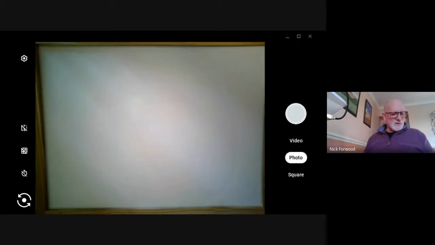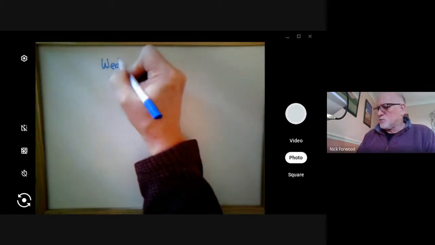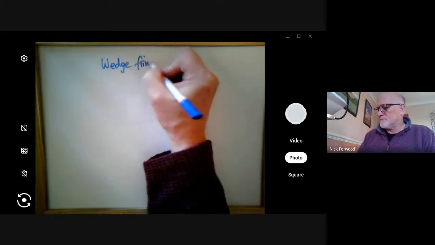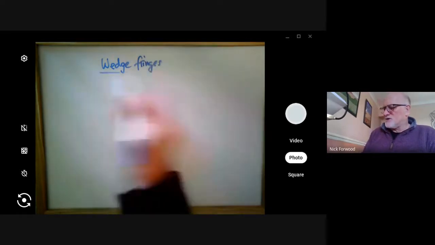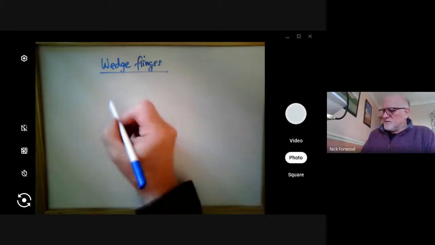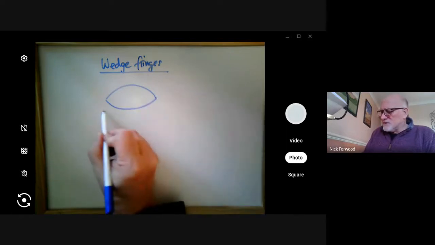We're going to have a look now at something different, which is called wedge fringes. And a wedge fringe, this was first noted by Newton. I've talked about this before. This was first noted by Newton when he was looking at making really perfect lenses. And he found that if you took a glass lens like that and you put it